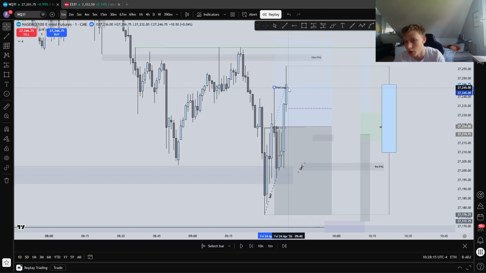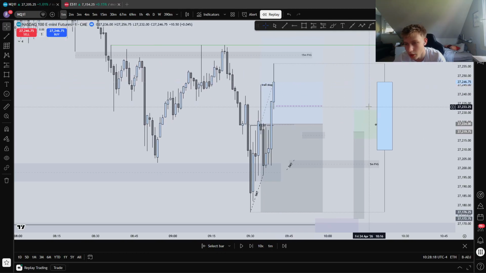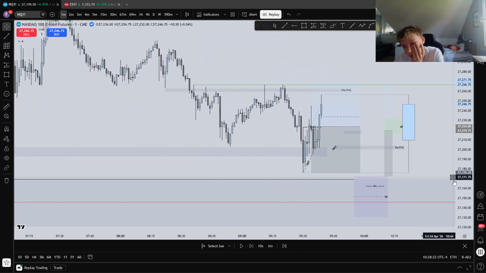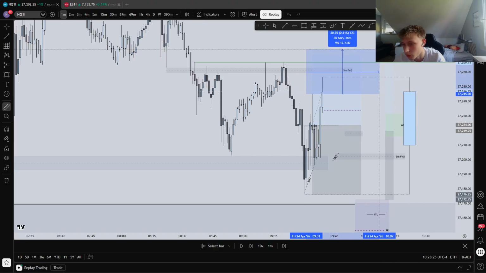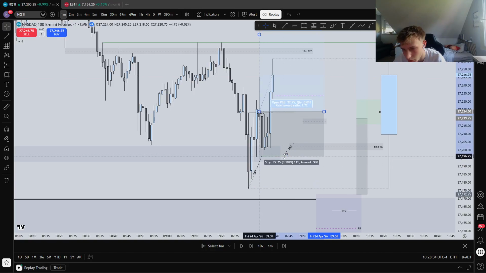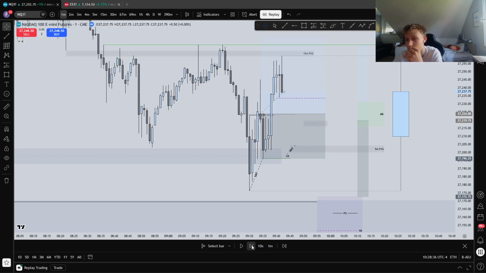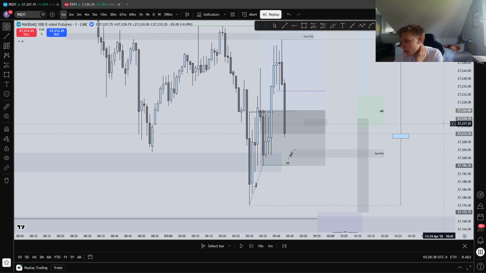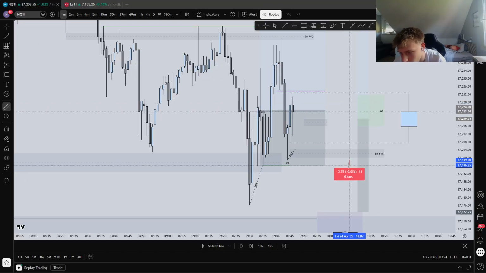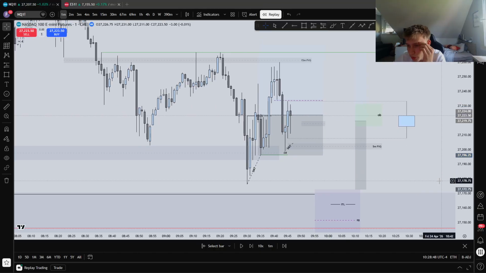Then we just re-sweep this high, and I trailed my stop. Okay, I didn't set my stop to break even because I just wanted this to flush, and I set my break even to a key level, which is this 1-minute OB. Okay, so we had this 1-minute OB. I placed my stop right here. Then we moved lower, we edged the stop loss. I don't know what this price action is, it's hella goofy. Then we edged my stop loss by, I don't know, 1 point, 2.5 points.